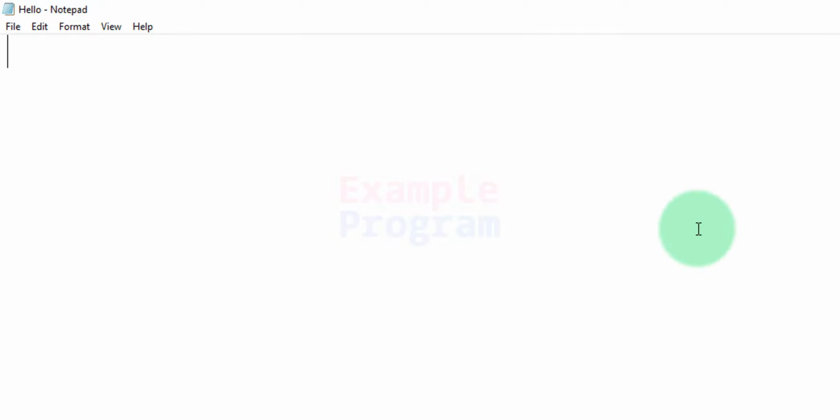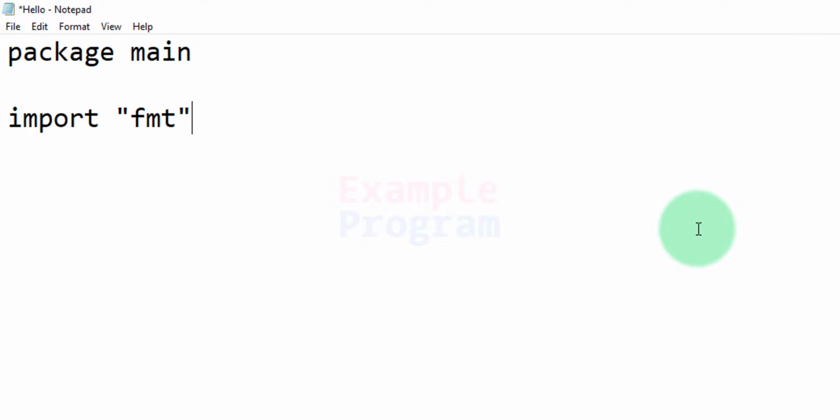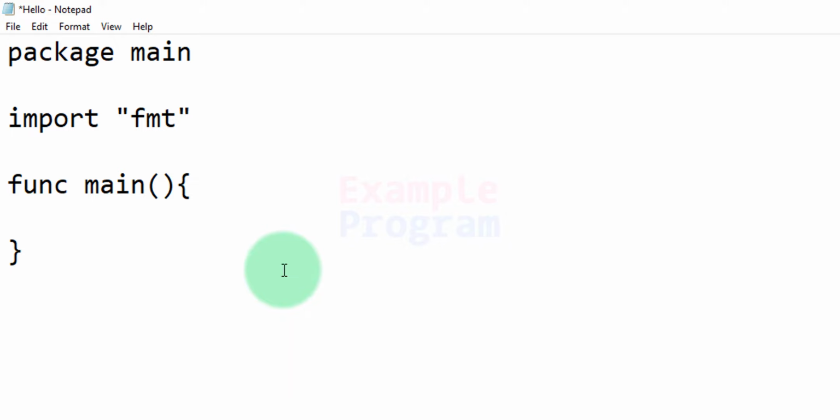Now we can write a simple Go program. The package is main, and then we will import the packages that we need. I'm going to import fmt, and after that we will have the main function. And here in this function, we will use the fmt package that we have imported, and we will call a function called println.